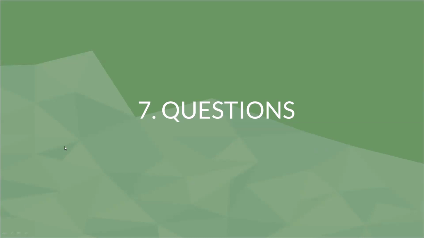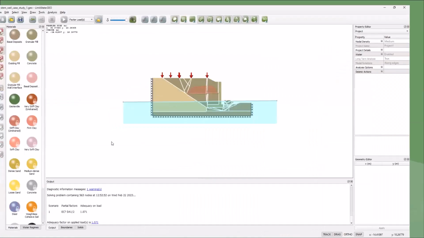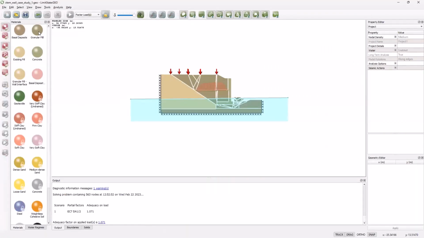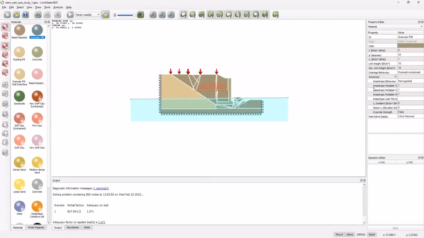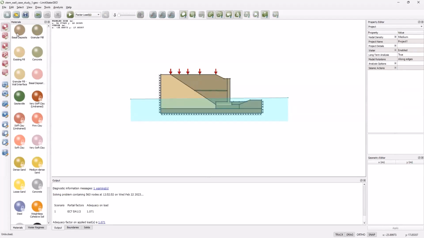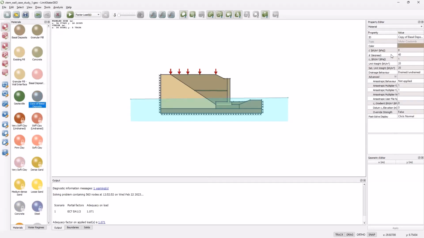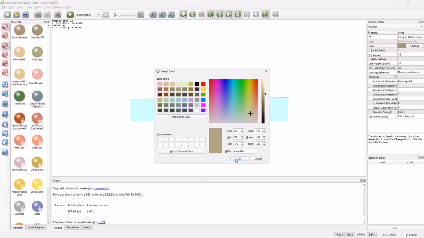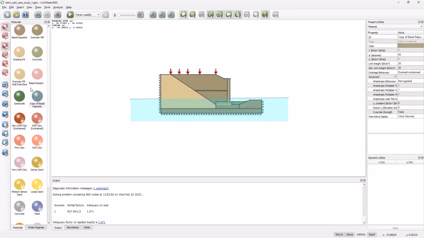So if I go back to the software and we look at a material model, we have a C dash and a phi dash. What I can do is create, for example, a duplicate of that material. So I've got a copy there. If I wanted, I could have a different C dash, a different phi dash. I'm just going to change the color on that, make it a slightly different hue. And then we can